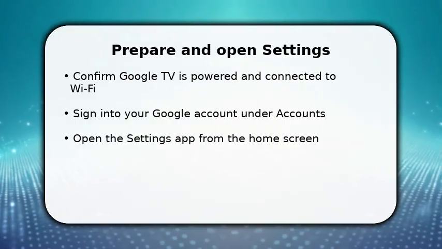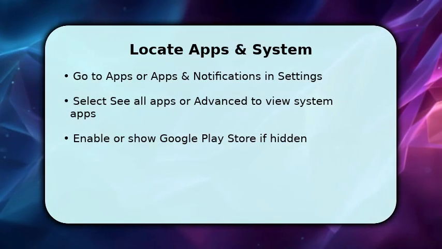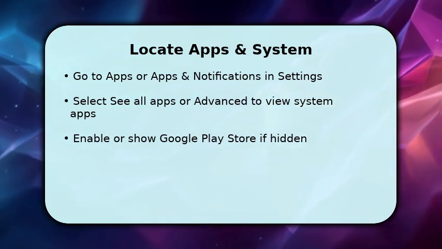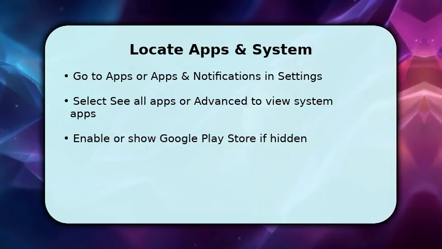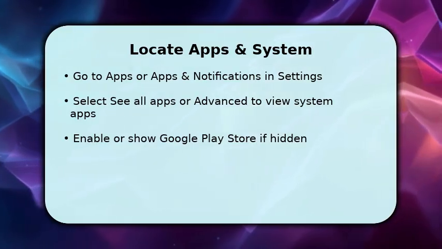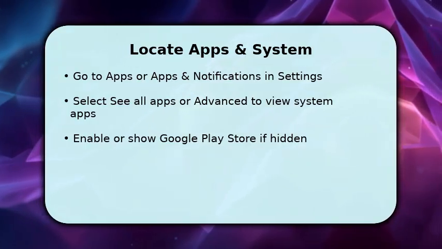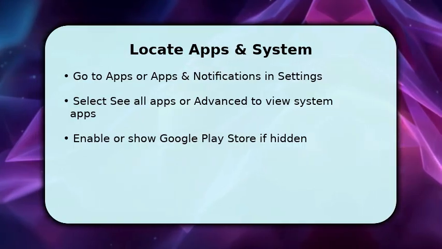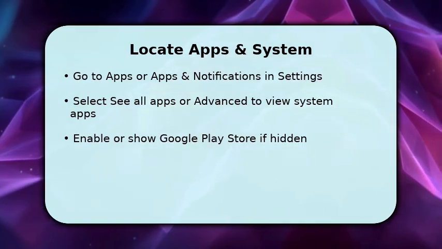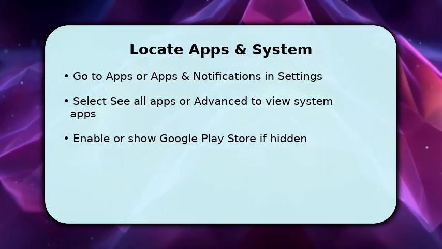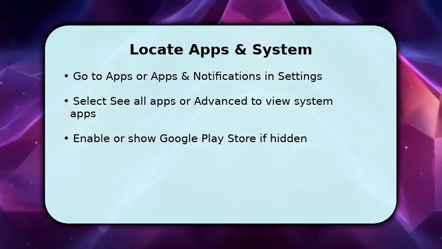Next, you'll access the Apps section to reveal system apps like the Play Store. Open Apps or Apps and Notifications and choose See All Apps, then tap the menu or Advanced to include system processes. If Google Play Store is disabled or hidden, enable it here. Enabling restores its icon to the launcher. Make sure to clear cache and update the store app if visible but misbehaving. This fixes discovery issues and ensures